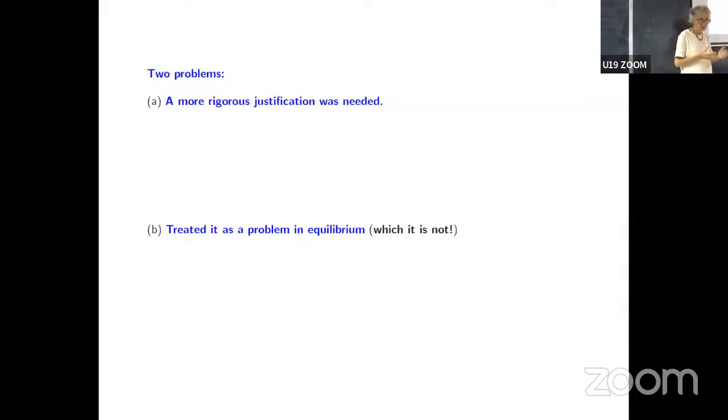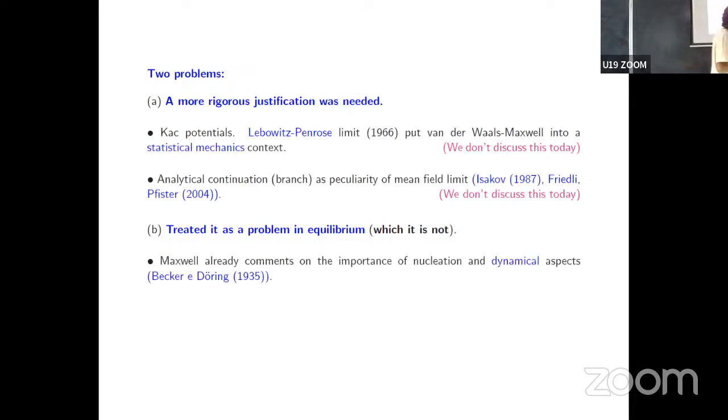So one needs to understand, if it's not equilibrium, better we look at it from a dynamical point of view. Progress on how to put the Maxwell rule within statistical mechanics